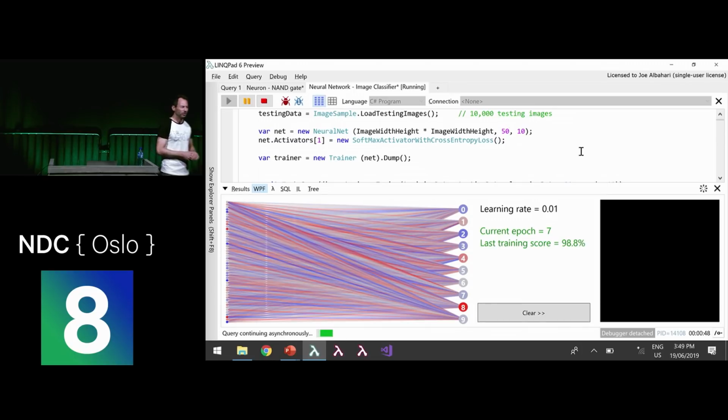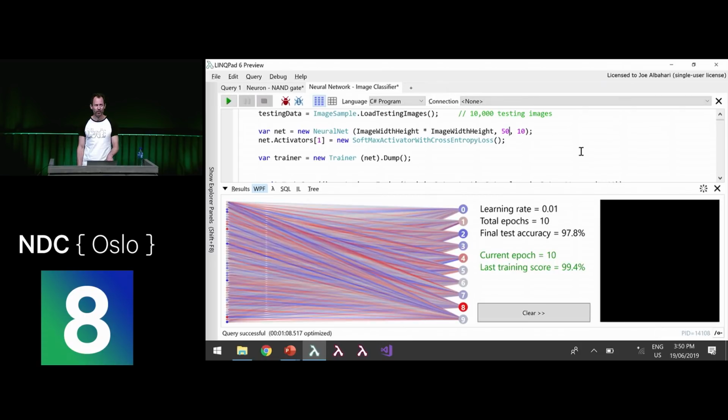And what it means, it's done a really good job at fitting all of those training samples, but it can't generalize to stuff it hasn't seen as well as you'd like. And that's overfit. And that's what tends to happen with this exotic activation function and loss function. Right, we're 99.4% accurate on our training, but the test accuracy is only 97.8%.